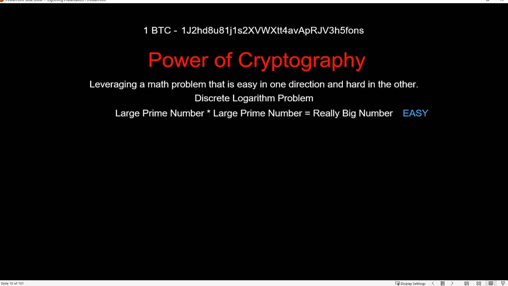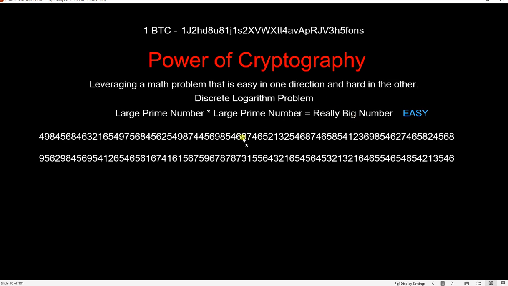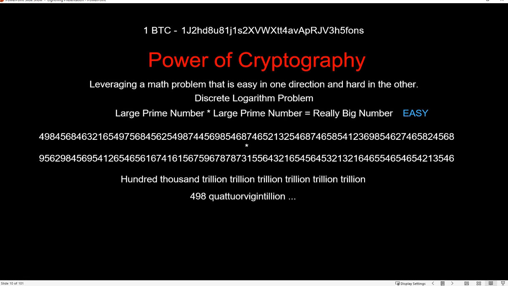If you take a really large prime number and you multiply it by a really large prime number, you get a really big number. This is very easy for computers to do. Now, when I say large, I'm talking about a number that has 77 digits. We're talking about a number in the realm of how many atoms are in the universe. These are very big numbers. But needless to say, computers have no problem multiplying these very large numbers. All right? And here's an example of a really, really, really large prime number times another really large prime number that would likely be done on Bitcoin. It's 100,000 trillion, trillion, trillion, trillion, trillion, trillion. Or the actual name is 498